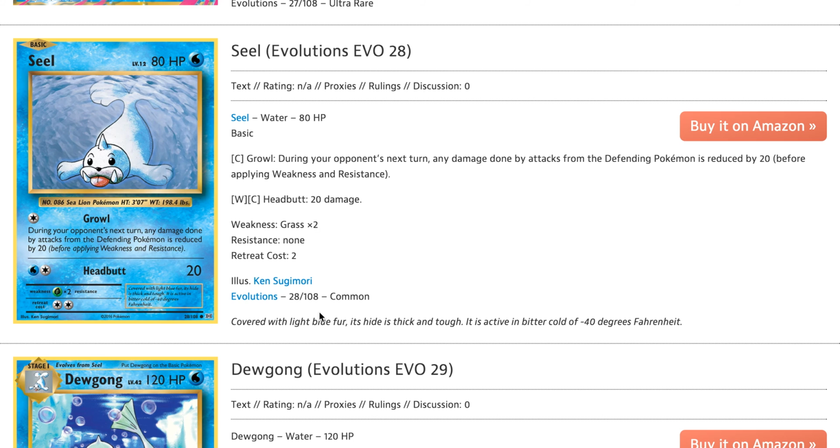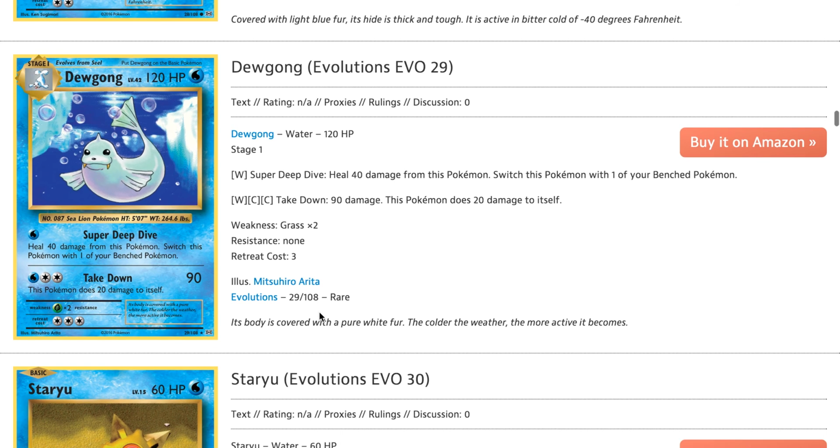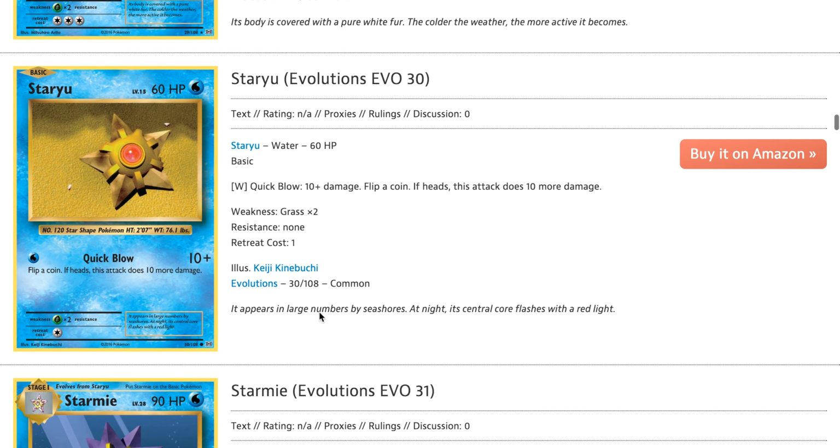So we have Seel, another reprint, and Dewgong. Super Deep Dive, heal 40 and switch this with one of your bench. Takedown does 90. Dewgong is another Pokemon who I feel like just never gets love. It doesn't get love in the TCG. It doesn't get love in the video game. I want them to print a playable Dewgong because Dewgong is a Pokemon that you could very easily forget about. You just forget it exists. So, yeah, that's Dewgong. Staryu,